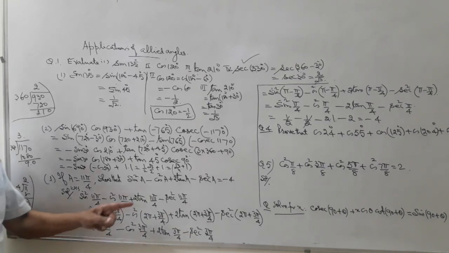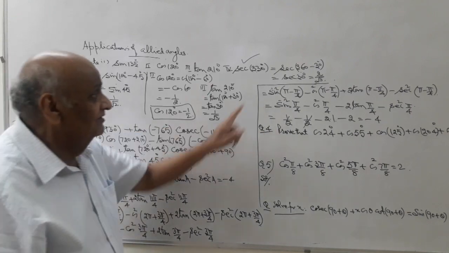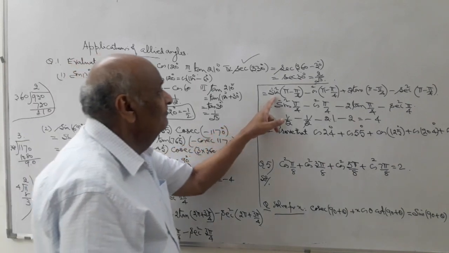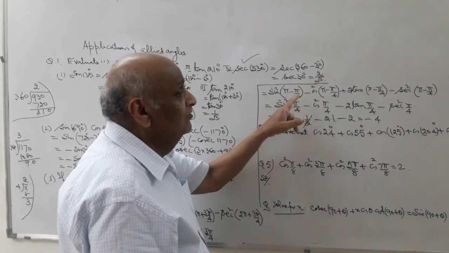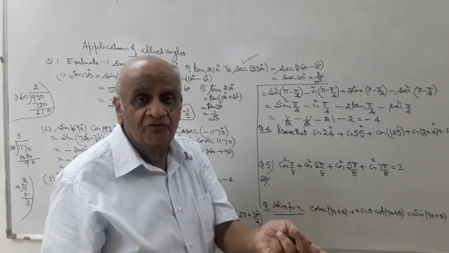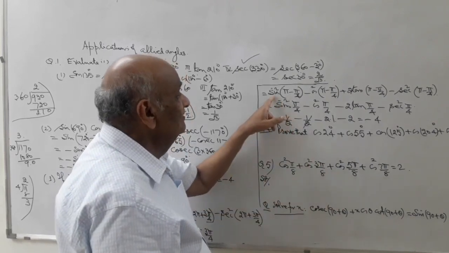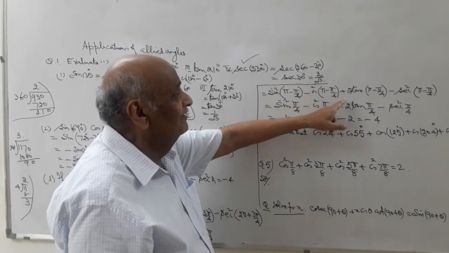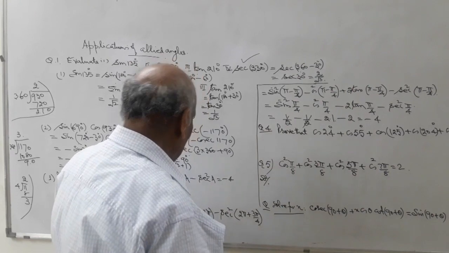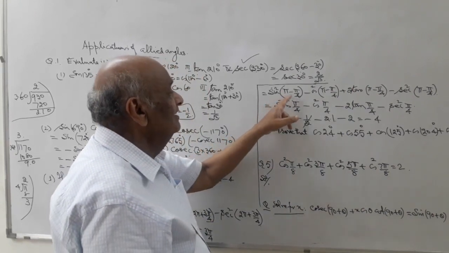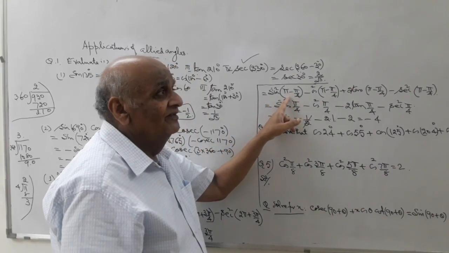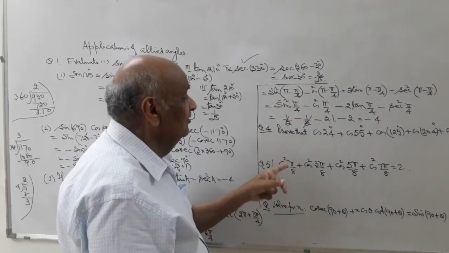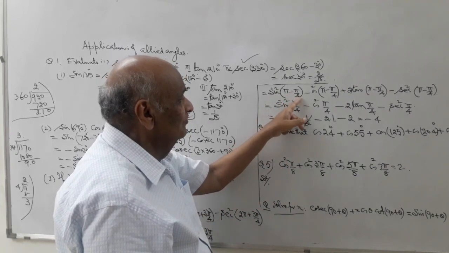Okay. Now further, this is sin square 3 pi by 4. It becomes sin square of pi minus pi by 4. You know 3 by 4 is 1 minus 1 by 4. So it is sin square pi minus pi by 4. Similarly cos square pi minus pi by 4. Now it is sin square of 180 minus theta. Pi means 180. Sin square 180 minus theta, second quadrant, sin is positive, sin square pi by 4.